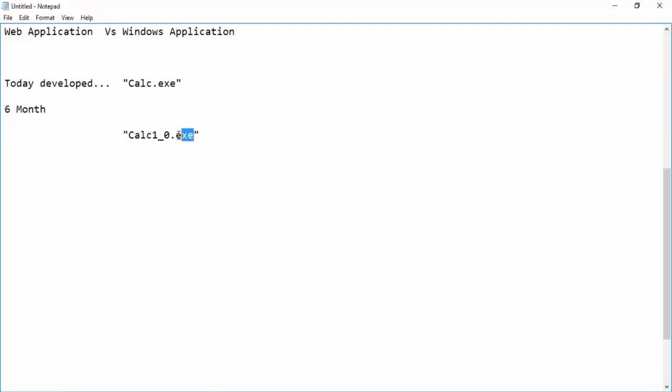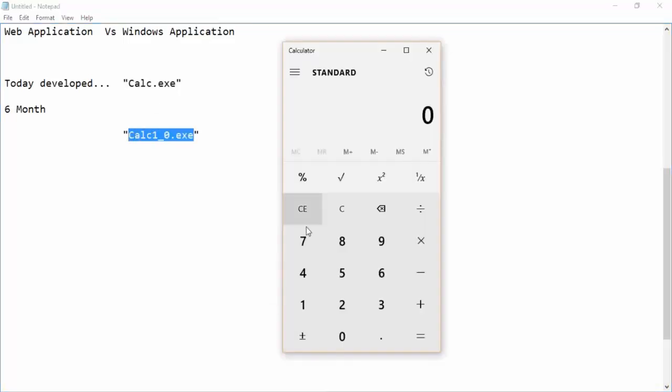Then the client will take this new exe file and submit it to the 2000 employees. And those 2000 employees need to uninstall this one and then install this one, just because they need to see the company name here. There's a small change, so this is a very cumbersome job.